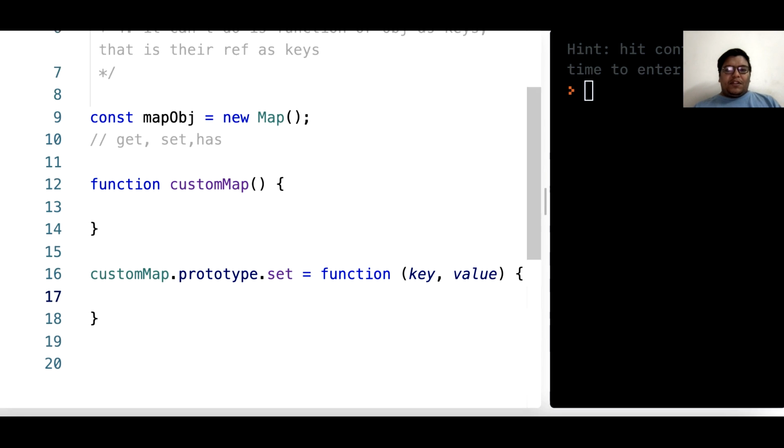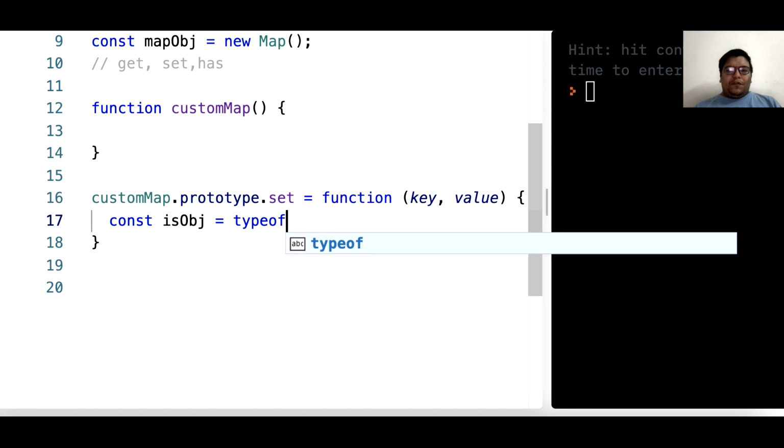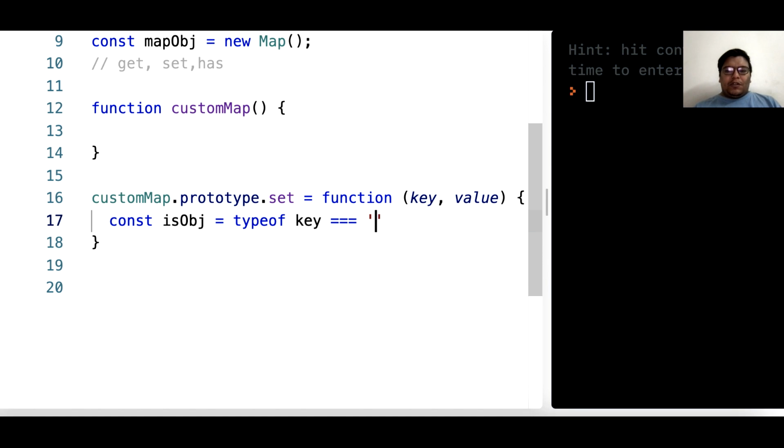Let's start with a const isObject. If the type of key is equal to object, that will be great, right?